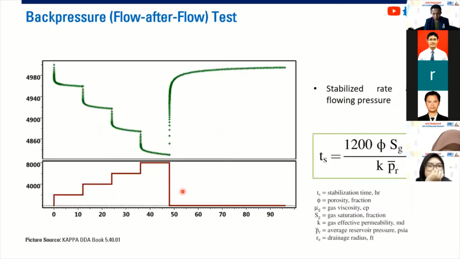There are three types of tests you can do. First, back pressure or flow after flow test. So first you open the first choke, choke one. You get on the upper chart, it is actually pressure, and below chart is flow rate. So first choke, we have flow rate 1, and then we measure the bottom hole pressure by our pressure gauge,